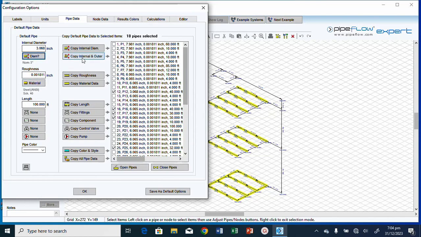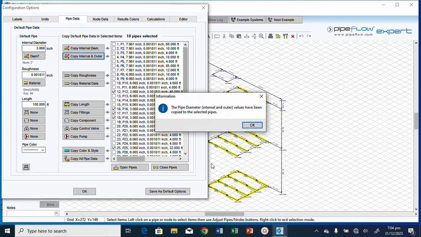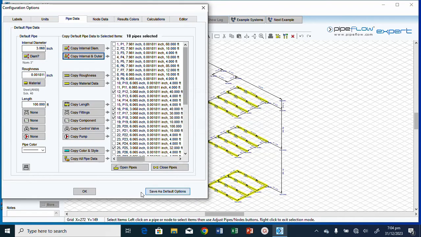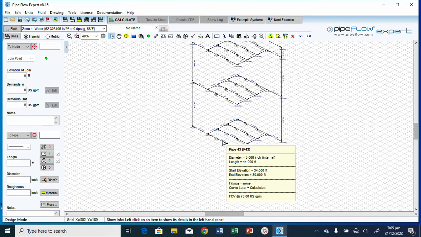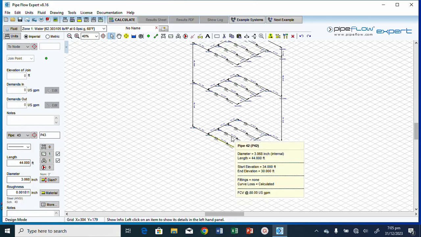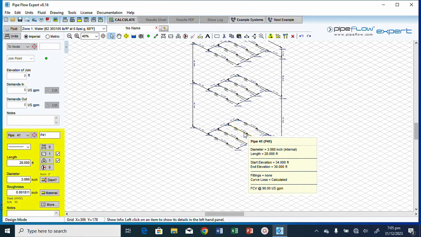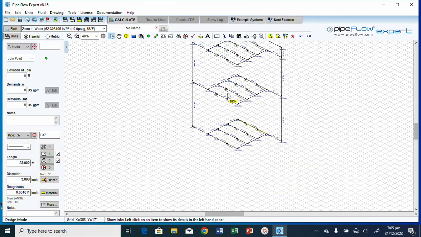Now what I would need to do is, for all this pipe I've selected, click this button, which is copy internal and outer diameters. I will just click this. I will click OK. Now, if you check, the whole of this is now 3 inches with those 8